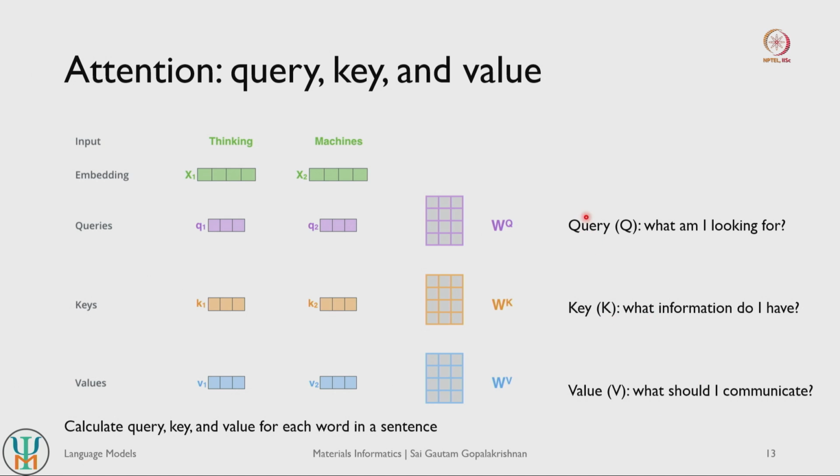So given that I am looking for something and I know something, what should I be outputting in terms of my output? What attention tries to do is calculate query, key and value matrices for each word in a given sentence. For each word it tries to provide the context of that word with respect to all the other words in the sentence, and it tries to make a prediction or an output for a new word depending on what previous words it has seen and their respective associations.